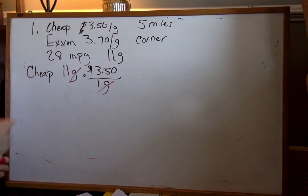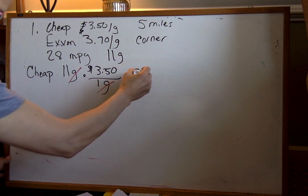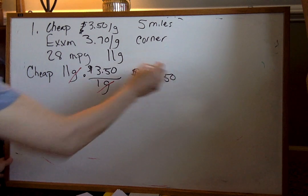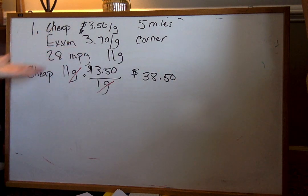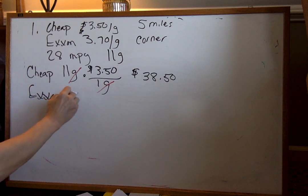I'm okay on my units, so what is $3.50 times 11? I have spent $38.50 filling up my car at the cheap gas station. At Exxon,